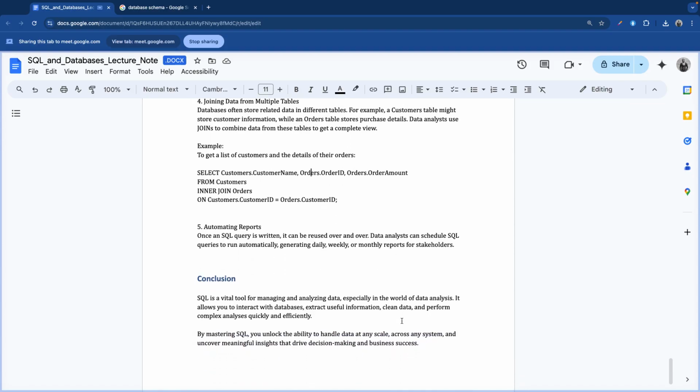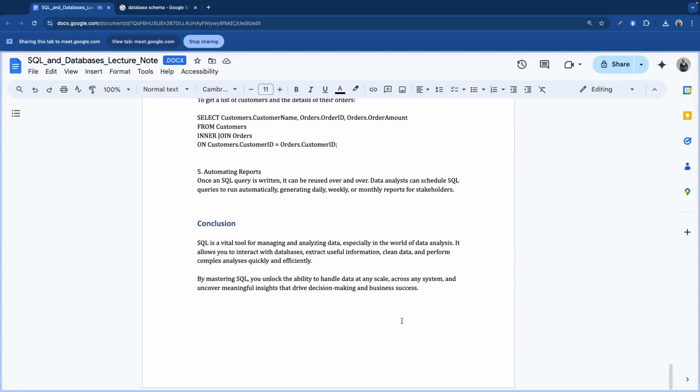So in conclusion of our introduction to SQL, SQL is a vital tool for managing and analyzing data, especially in the world of data analysis. It allows you to interact with databases, extract useful information, clean data, and perform complex analysis quickly and efficiently. By mastering SQL, you unlock the ability to handle data at any scale, across any system, uncover meaningful insights, and drive decision making and business success. So that's a good one on